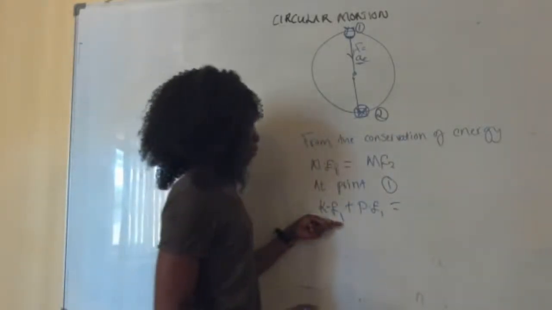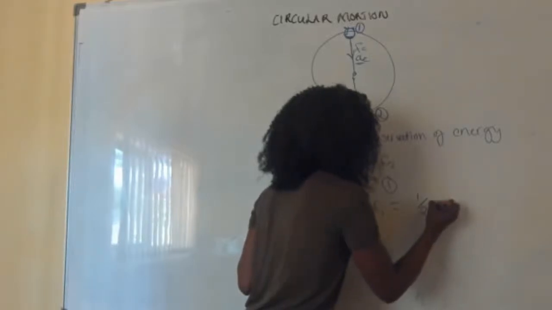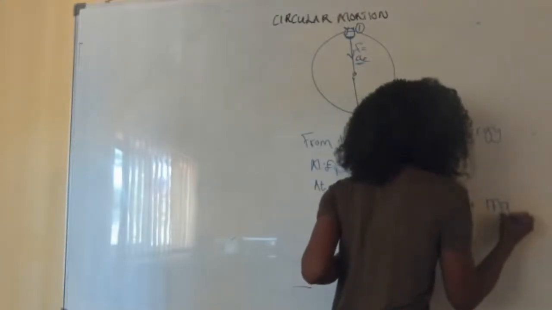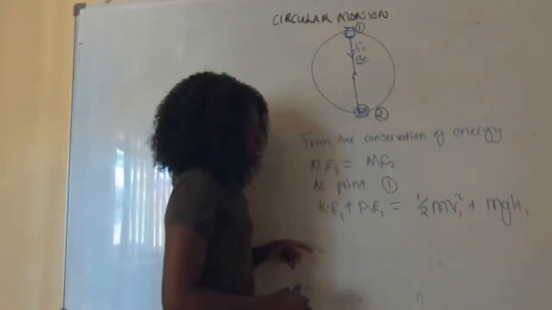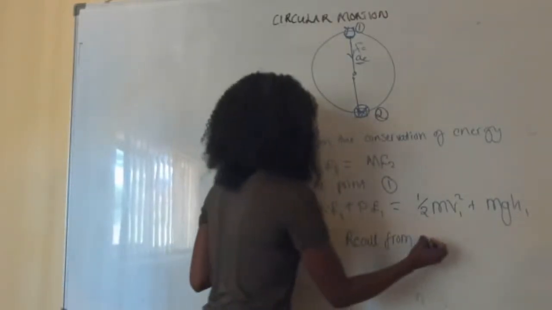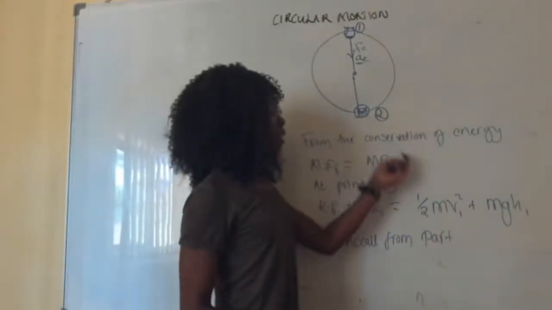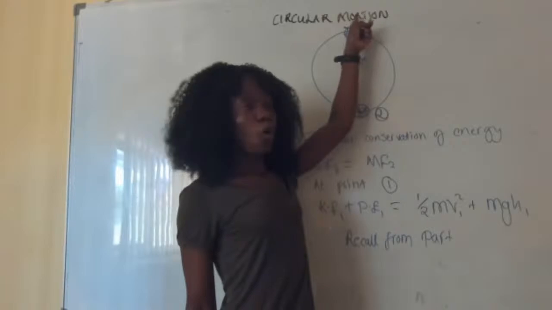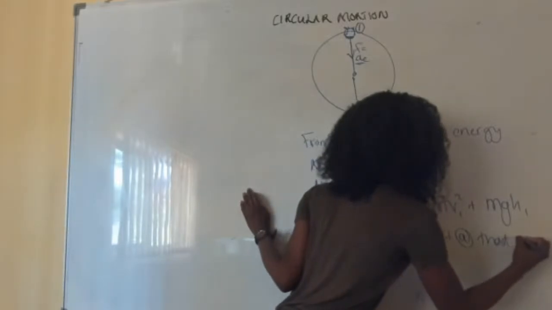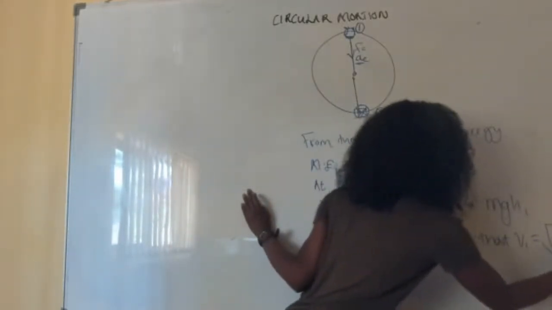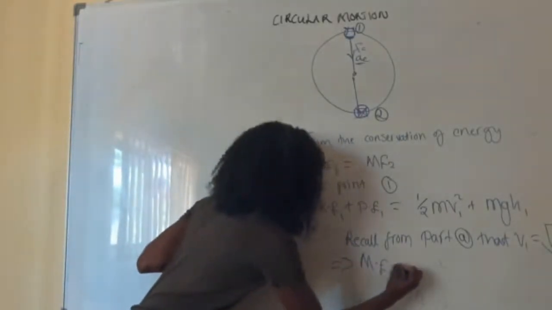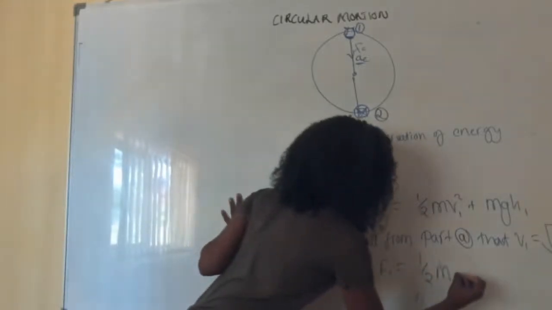What is the kinetic energy at point 1? We know that this is half mv squared at 1 plus mgh at point 1. Now recall from part A, the first part, we already found what V1 is. That was the minimum speed on top of the circle. So we recall from part A that V1 is just equal to root of gR. We already established that. So this implies that the mechanical energy at point 1 is just equal to half m